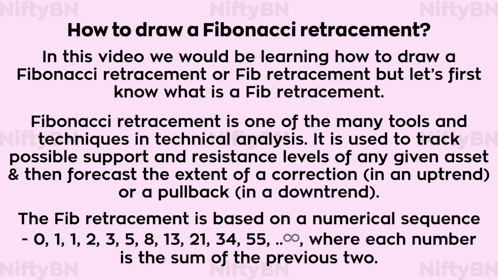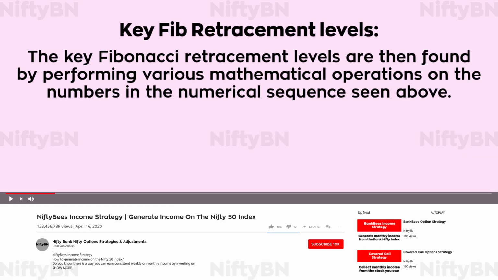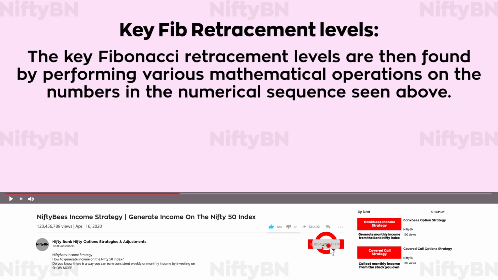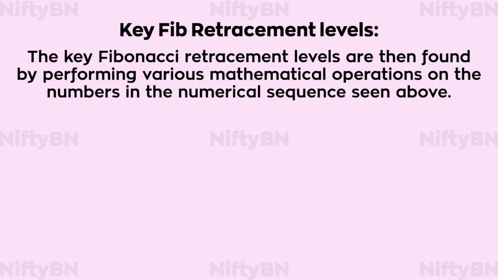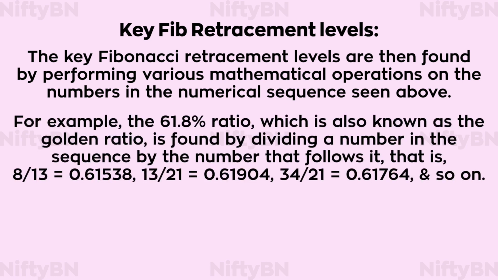The Fib retracement is based on a numerical sequence 0, 1, 1, 2, 3, and so on till infinity, where each number is the sum of the previous two. The key Fib retracement levels are then found by performing various mathematical operations on the numbers in the numerical sequence seen above. For example, the 61.8% ratio, which is also known as the golden ratio, is found by dividing a